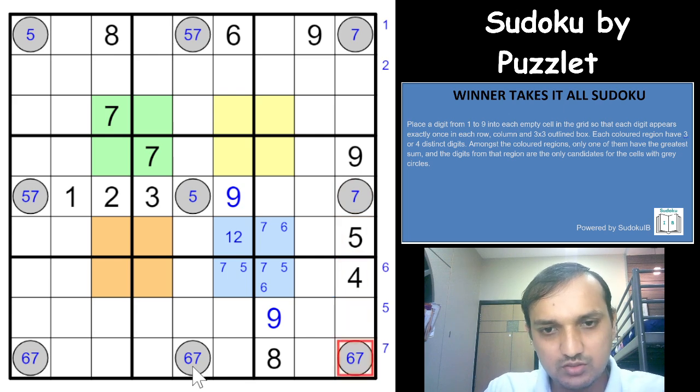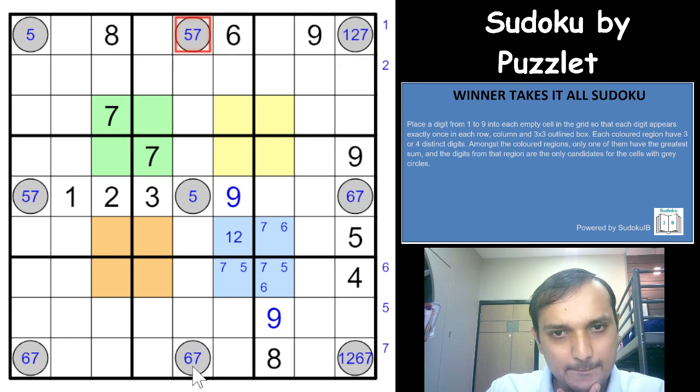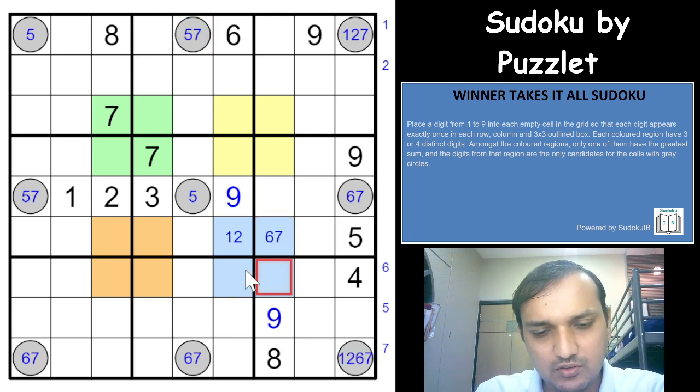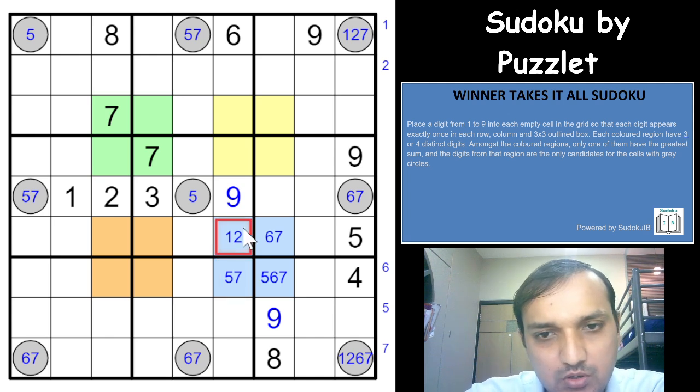Okay, 6, 7, 1, 2, 1, 2, 6, 7. So 1, 2, this is 6, 7 and 6, 7, 1, 2, right? Okay. So this is 6, 7, 5, 6, 7 and 5 and 7. This is one of the 1 and 2. So